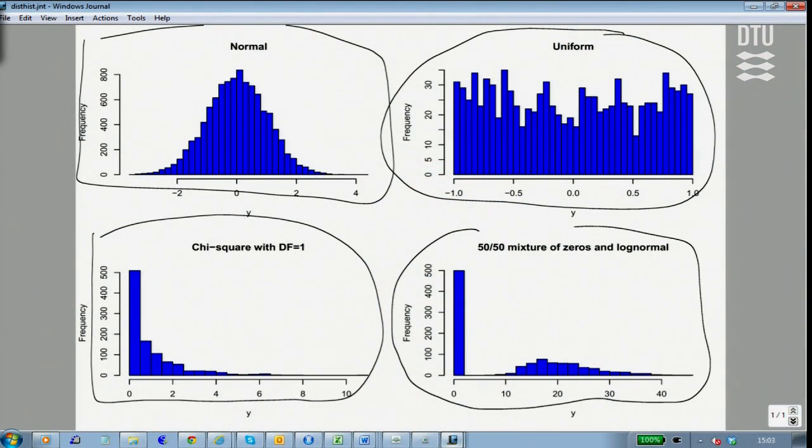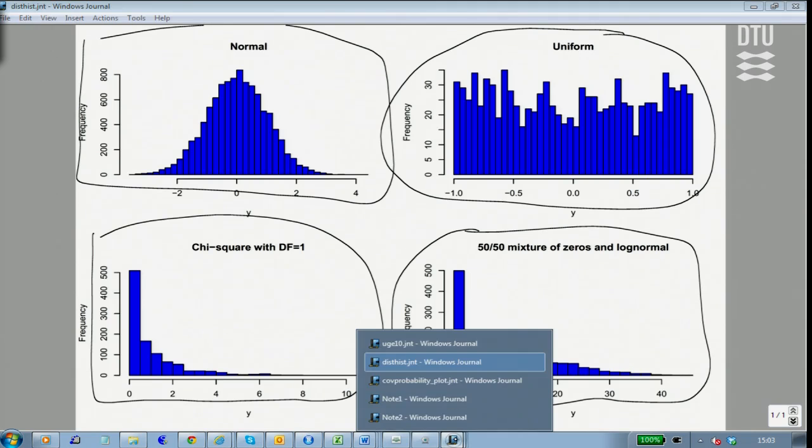I'm going to look at this odd distribution, the chi-square distribution, another non-normal distribution. And finally, I'm going to look at such a weird thing that actually occurs a lot in practice: you could have settings in which data follows an odd distribution like this with a lot of zeros, and 50% of the time on average it could be a 0, and in the remaining time maybe it's log normal, for instance. Those are the 4 distributions that I will look at.